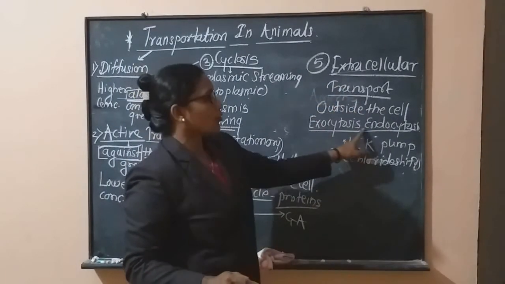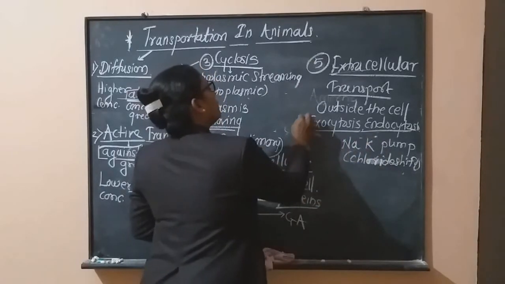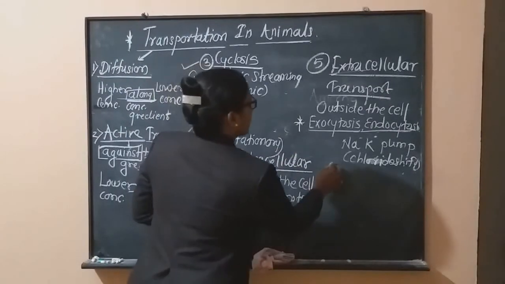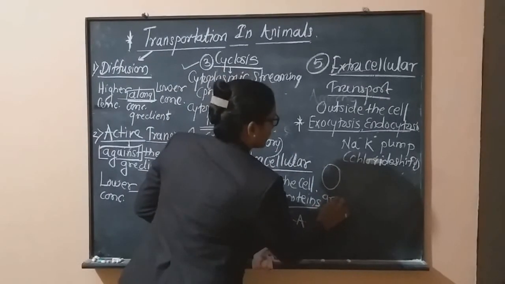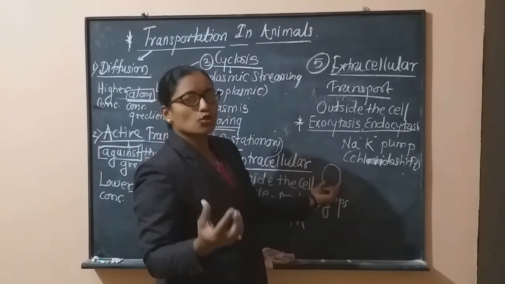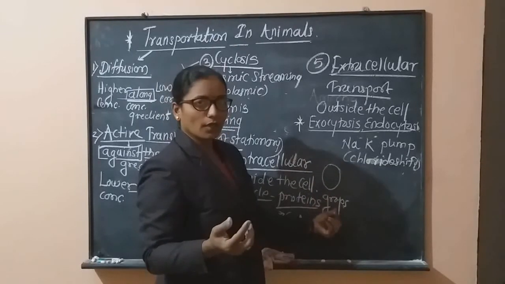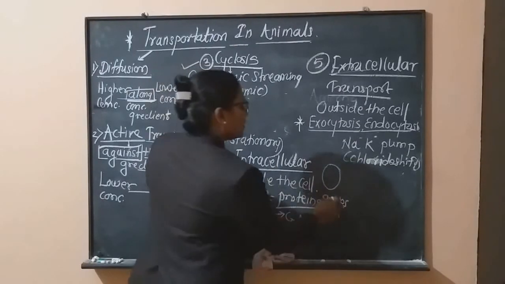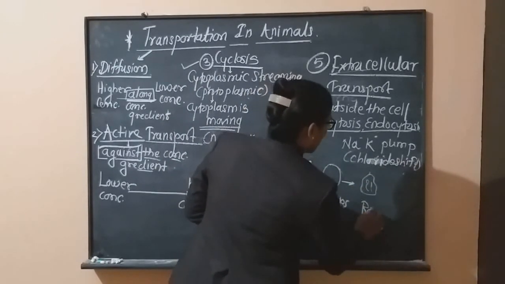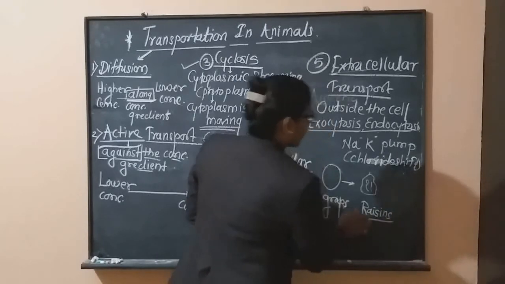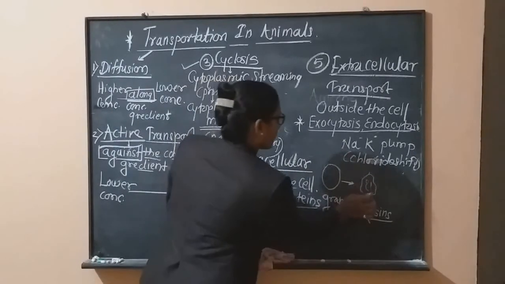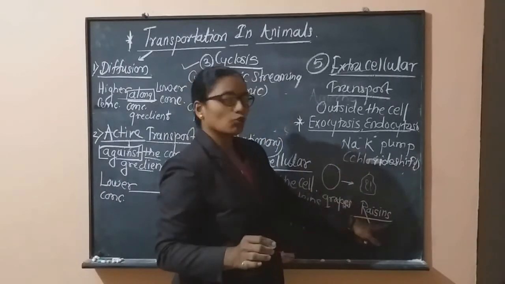Now exocytosis and endocytosis are very important terms, and they can be understood with a simple example. If you observe fresh grapes, they are swollen, juicy, and contain more juice inside. But when these grapes are dried, they shrink, and these are called raisins. Here, from the grapes, there is formation of raisins.